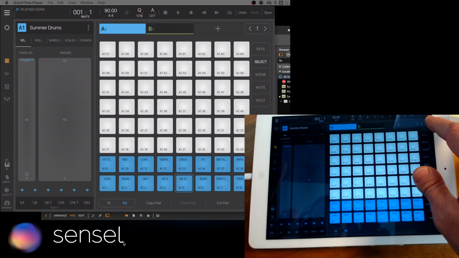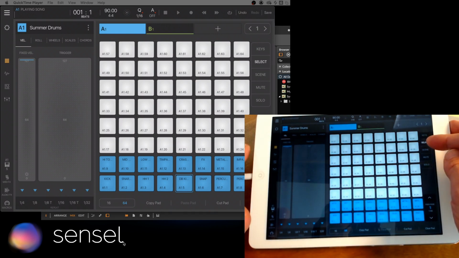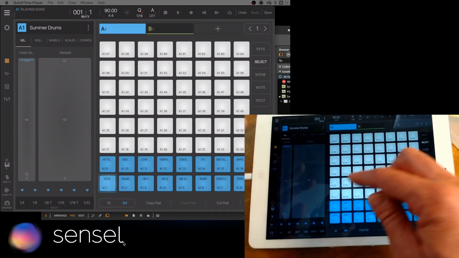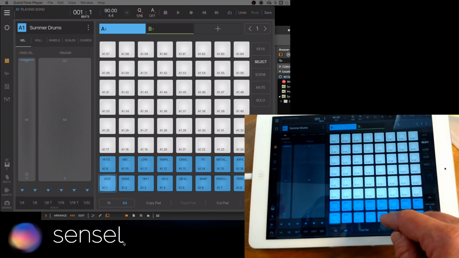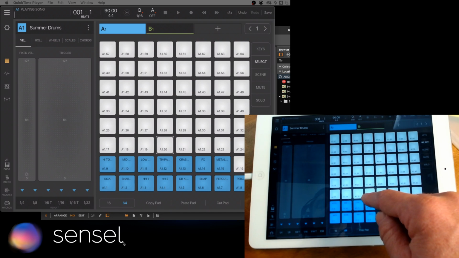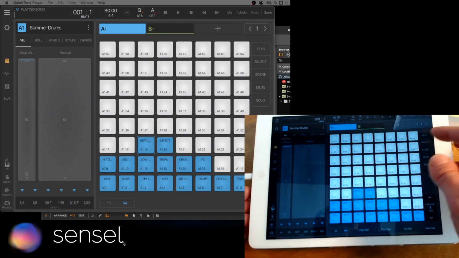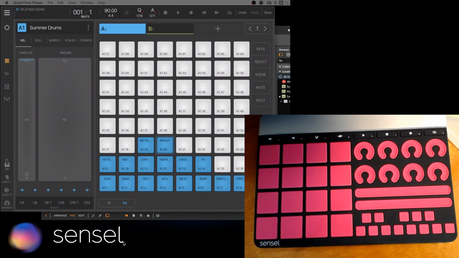So we can go to select mode here. When I hit select, we can't actually play any of the sounds. What we're doing is we select a particular pad, and then we can move it around. There's a number of different ways of doing this. You can select this one, cut the pad, move it up 4 and paste it. Then similarly, cut the pad and paste, and so on. That will put things in alignment. We have to go out of select mode to hear stuff. So that should correspond with,